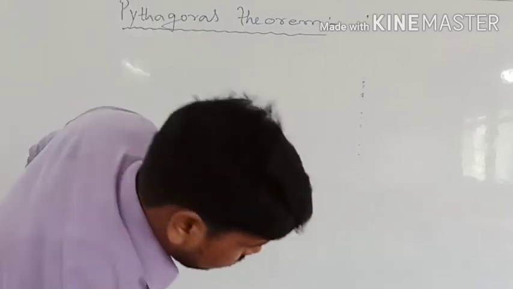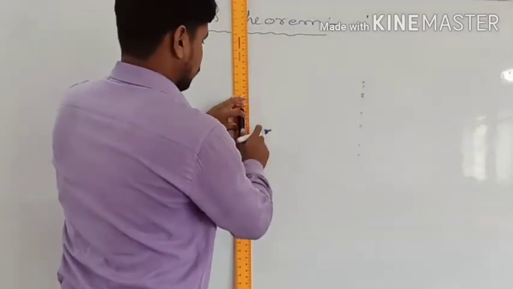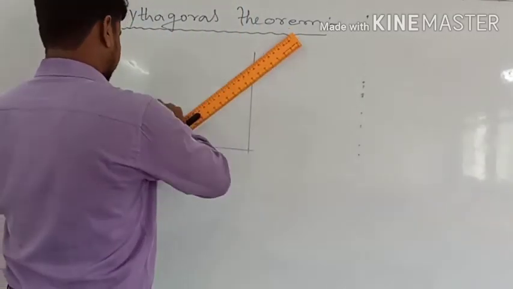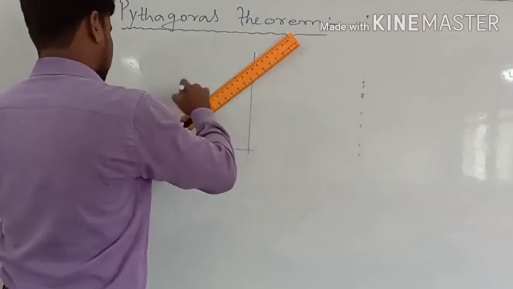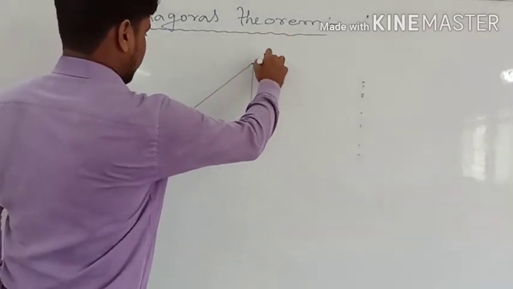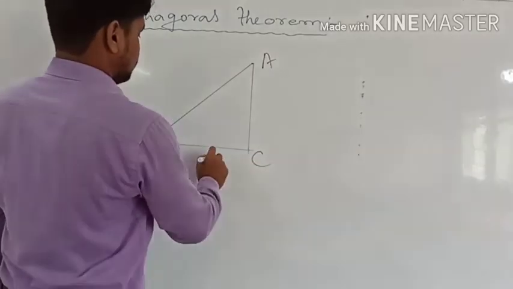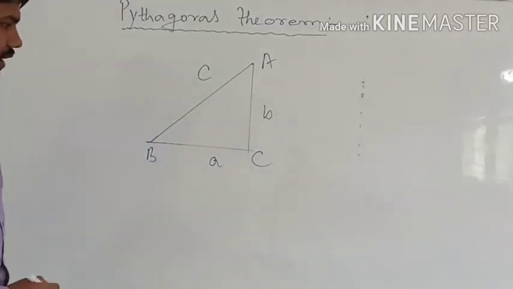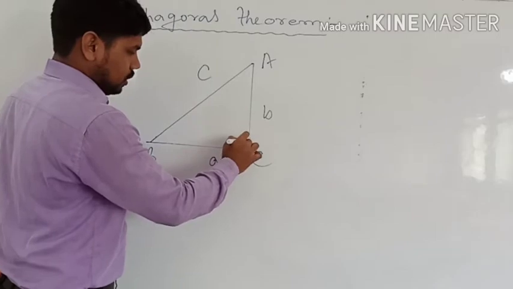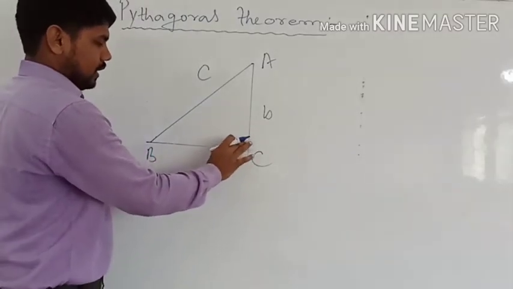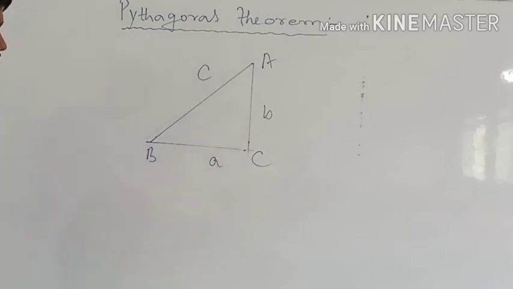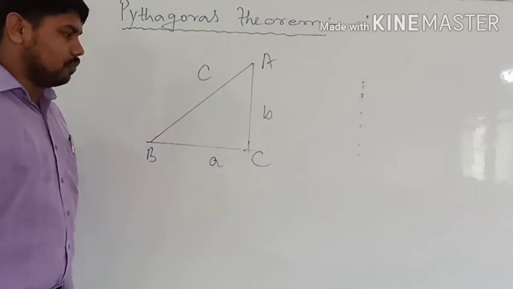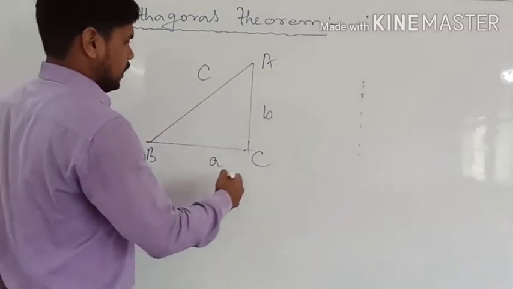So for example, we will take one triangle to understand that also. First suppose we have drawn a right triangle. Suppose this is A, B, C. Now the measurements of the three sides are given and you have to check whether the given triangle is a right triangle or not. With the help of the given measurements, can we prove which type of triangle they will form?